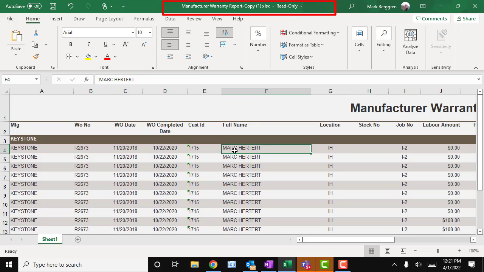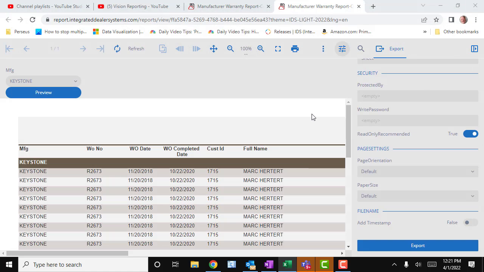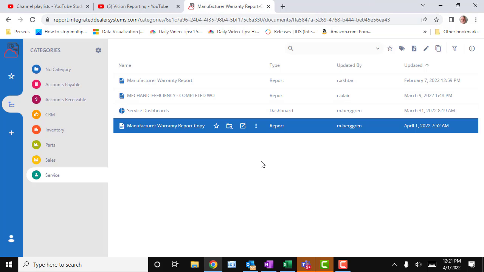Alrighty, and I'll close that up, and I will close the preview window, and I'm back to my reports. And that is how you export, the two different ways that you export